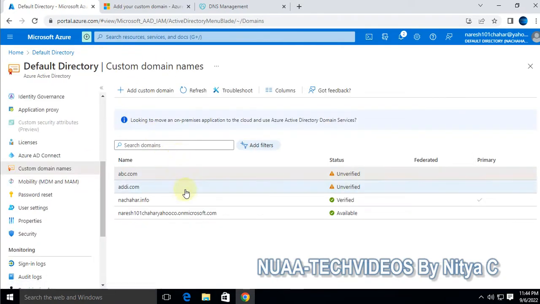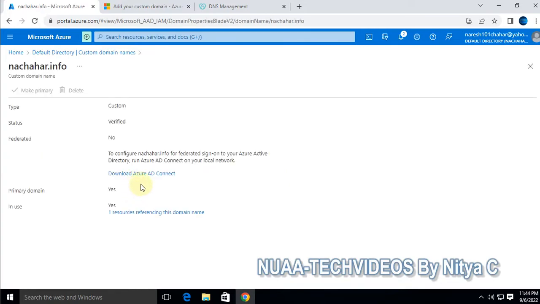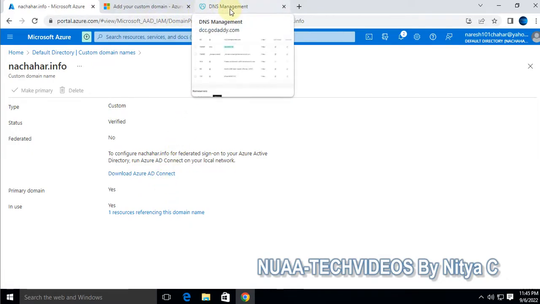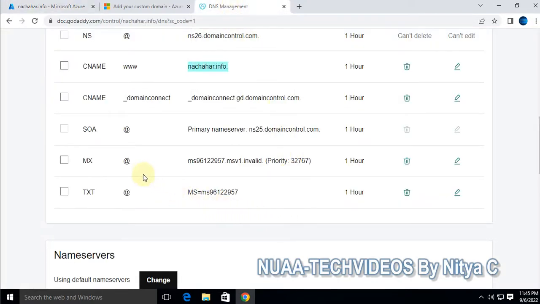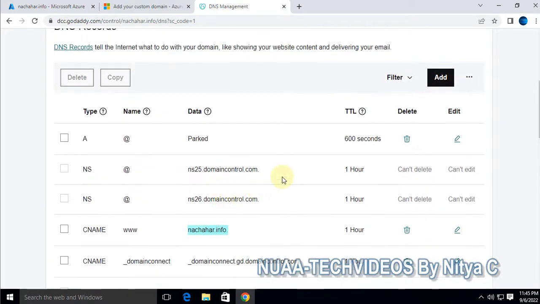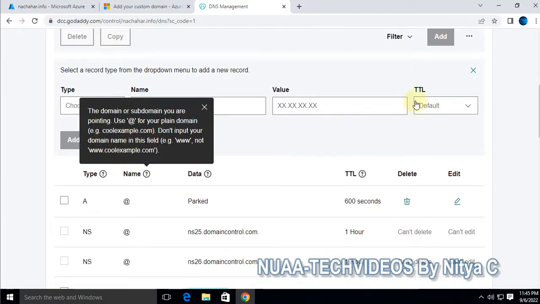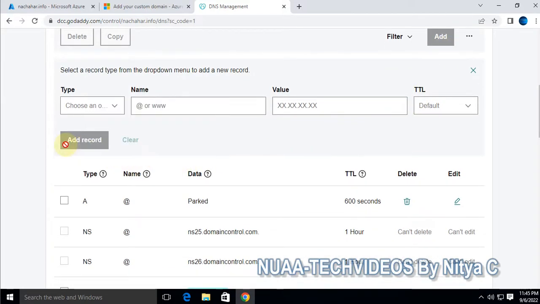Since I am using this domain, NUAA-TECH.info, I had to add the TXT record and the MX record. Any one of them is fine. So here I have added this. How I added it, let me show you. Click on add record,